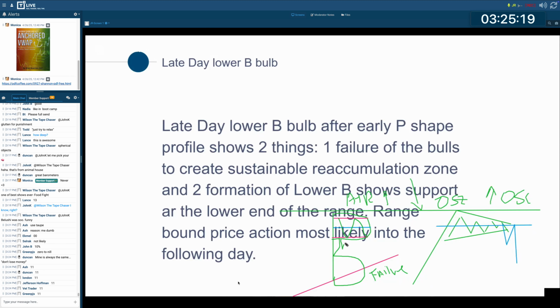Now, if you transact a lot here, you'll end up with a D shape, but that's not what's happening here, right? You're flushing through and creating a lowercase b after the uppercase P, giving you an uppercase B. Okay, that is just the sign of not only a failed rotation, but a quick transition from the original reaccumulative structure into a profile that looks bearish into the day's close. Okay,